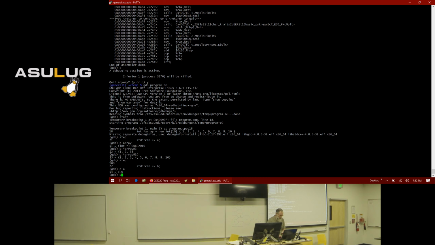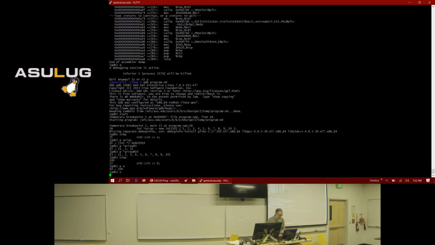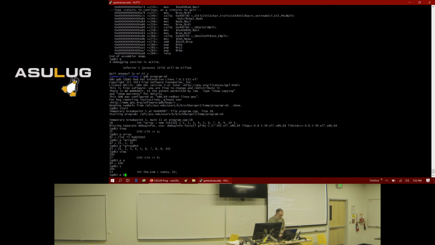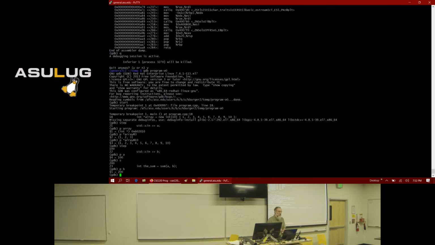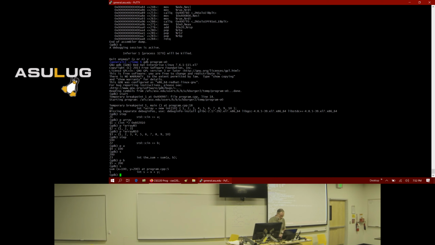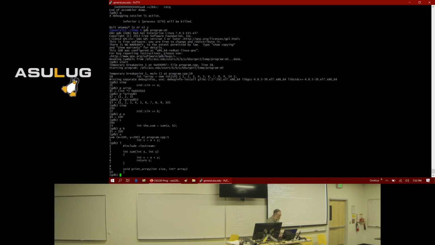And now if I step again, it'll ask for B, and I can say, what's B? Now I've got a function call. So now if I do step, it's going to transfer me from main into sum. If I do next, it'll just jump over. It'll execute sum, which will return a value and stick it into the variable. So let's step into it. And if I do a list command, my current line of code is line number 5, which happens to be the first statement in sum.